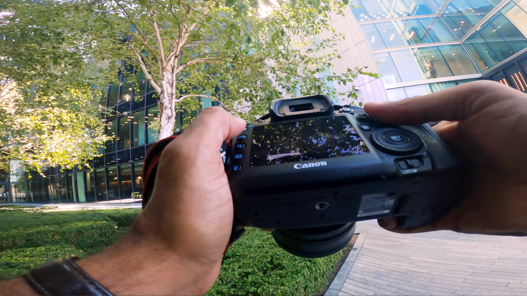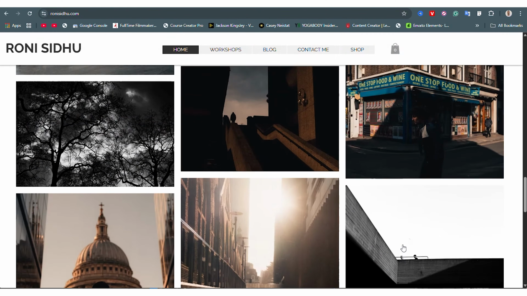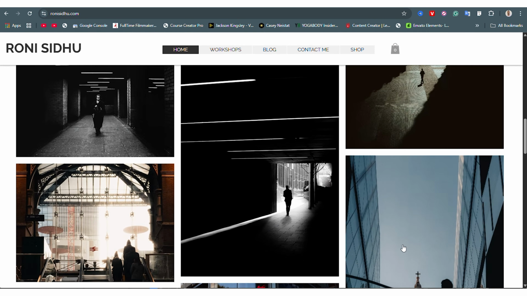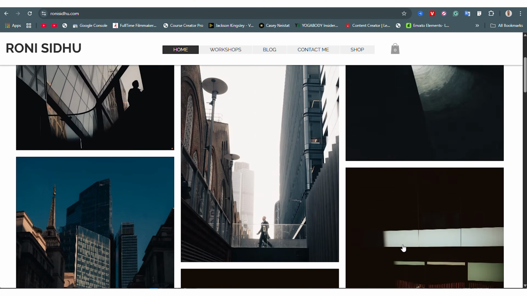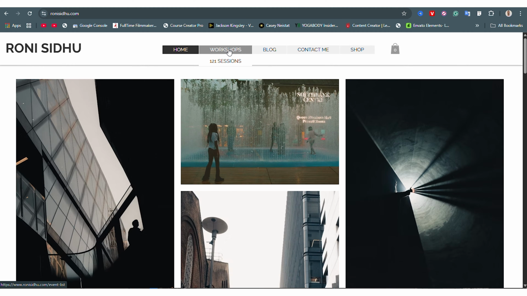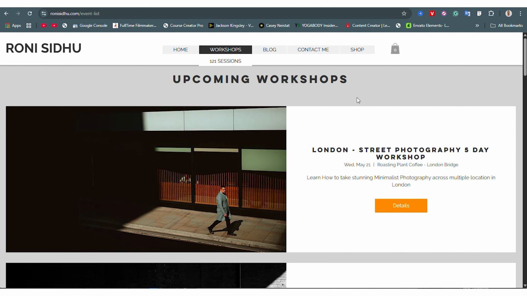This style of photography, minimalist style of photography that I do, is all about patience. Patience, patience, patience. This is not the run and gun style of photography. If that's the kind of photography you're into, then this channel is not for you. The Facebook group is not for you. My little courses and everything that I put out is not for you. This channel, my style of photography, you can go to my website and take a look if you want to have a look at my galleries, is all about patience, calmness, taking your time, using your intuition, tuning in with the energy of the city and the environment that you're in.